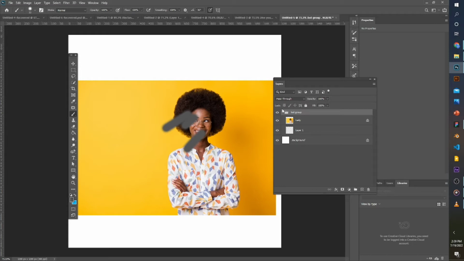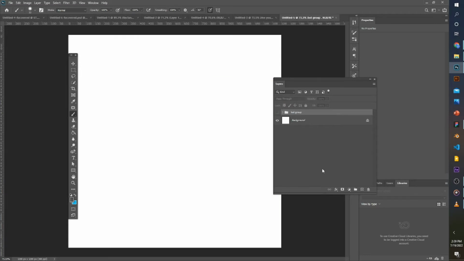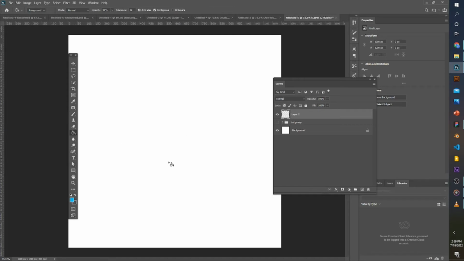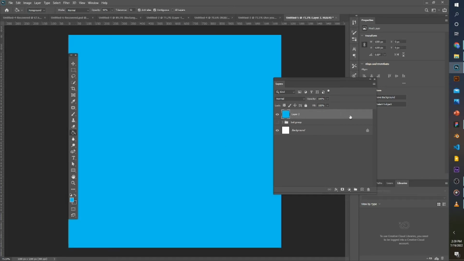So alright, I have that now. Another thing you can do is, I think I've already shown you guys this, that moves me to another very important thing again about the layers. Let me just quickly apply a solid color here using the paint bucket. So alright, now if you double click far away from the title of a particular layer,